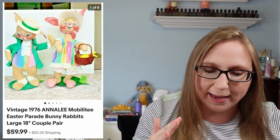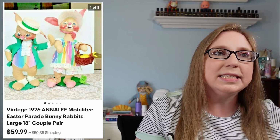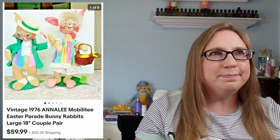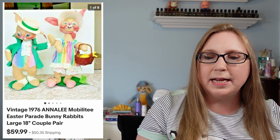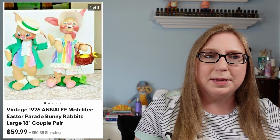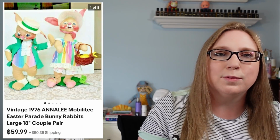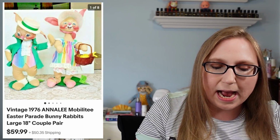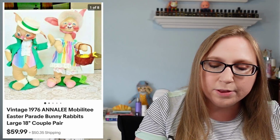Next item was a set of two really large ANNALEE Easter figures. These things were big. It was a matching set. I got these at a yard sale quite a few years ago. They did take a while to sell. I don't always pick up the ANNALEE figures when I see them, but these stood out to me because they were just larger than ones that I typically see. That's why I picked them up. I'd say I paid $10 a piece for those, so $20 altogether, and those sold for